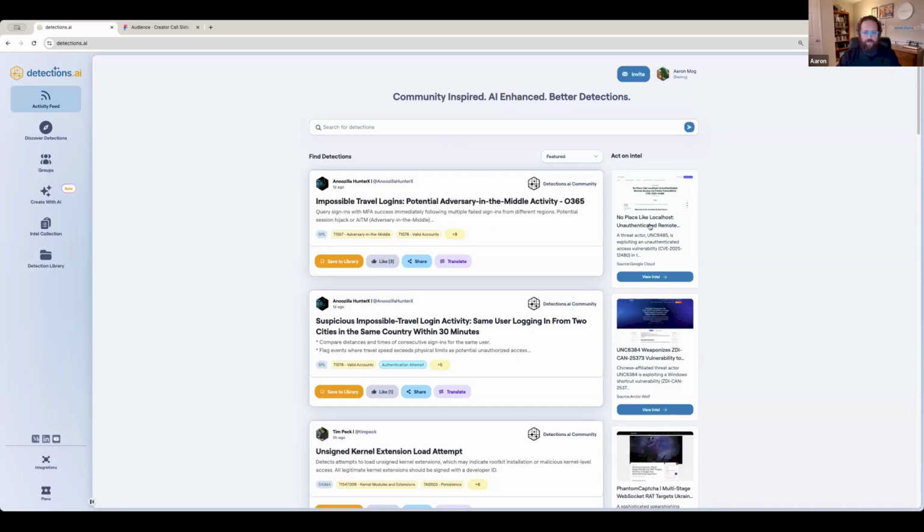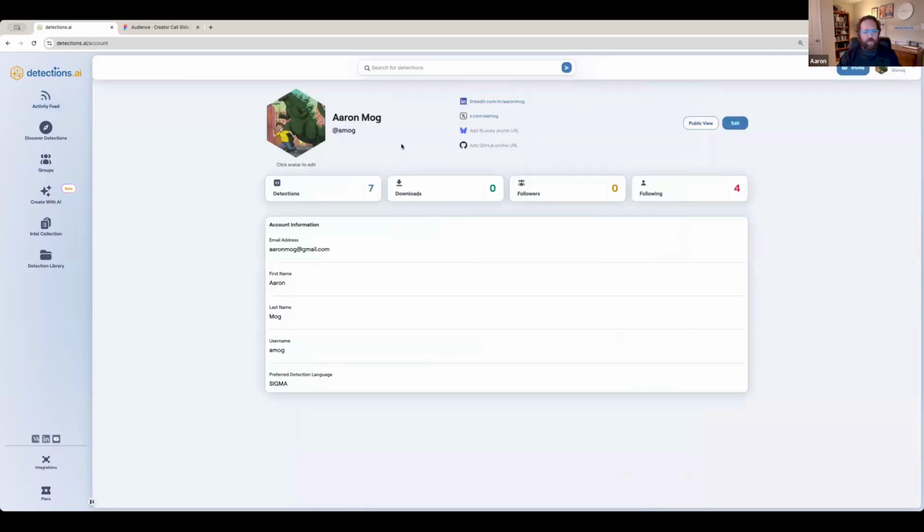So hopefully all of you have been in Detections AI. If not, like Caroline said, you could use the community code to get in. But everything in our platform, once you're in, you sign up and you build your profile, starts with your profile. If you look at a profile, we keep them pretty simple. When you start, you will have the ability to add your socials.